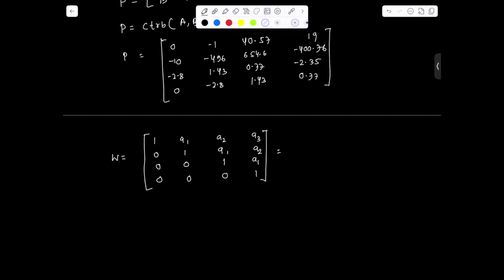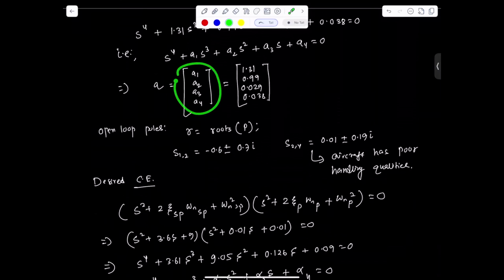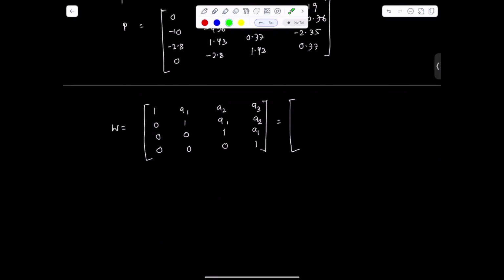And if you substitute the parameters we had before, in this matrix, we have